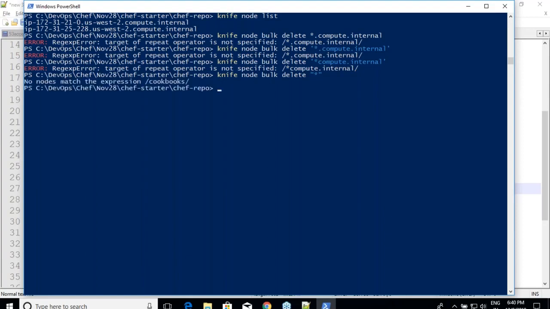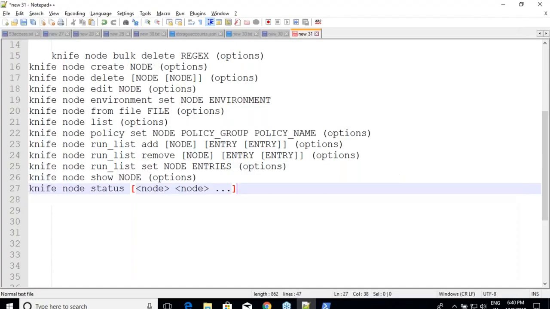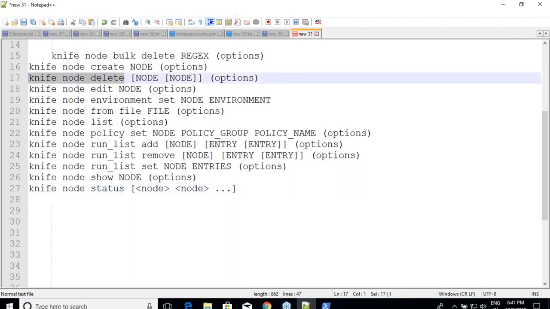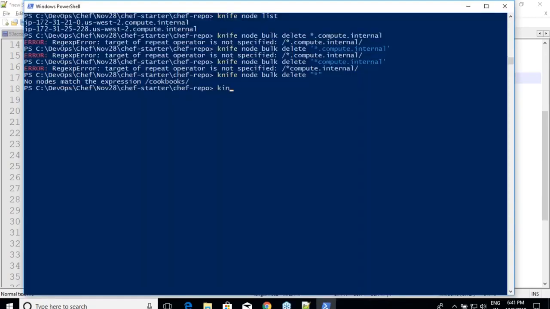I'm not getting into this nonsense, man. You just Google it. I'll go with this. Knife node delete. You can look into Google. I might be doing something wrong over here. Yeah. Delete.